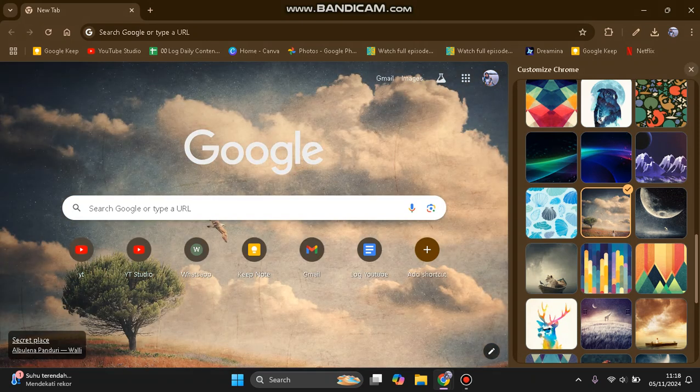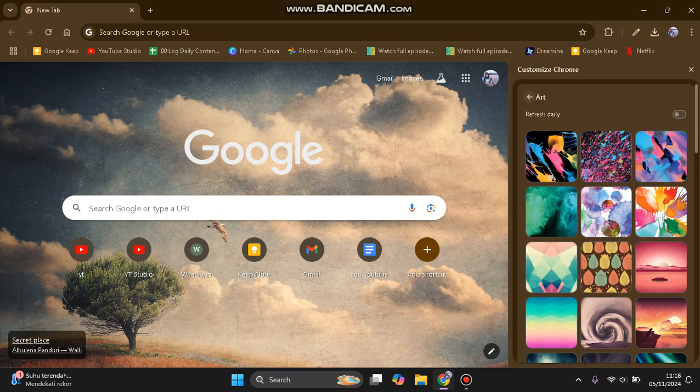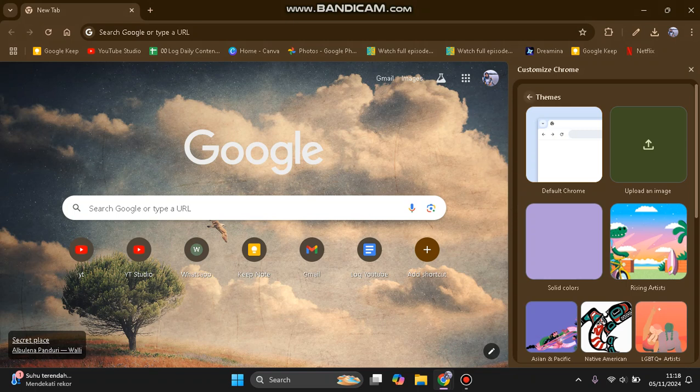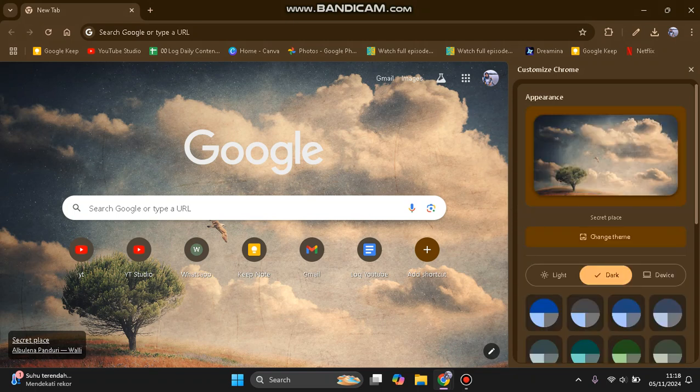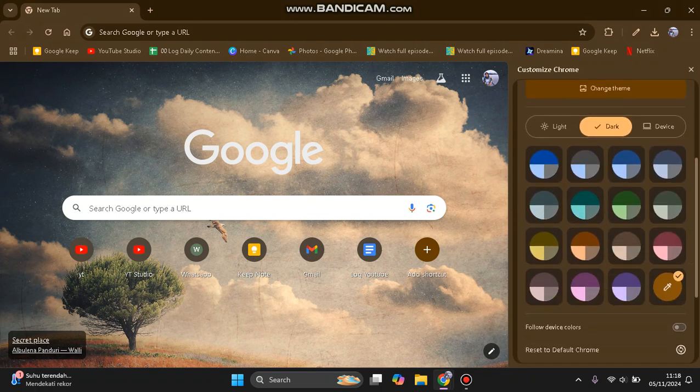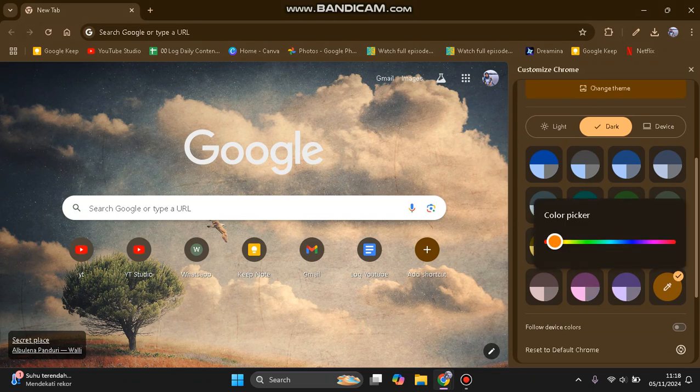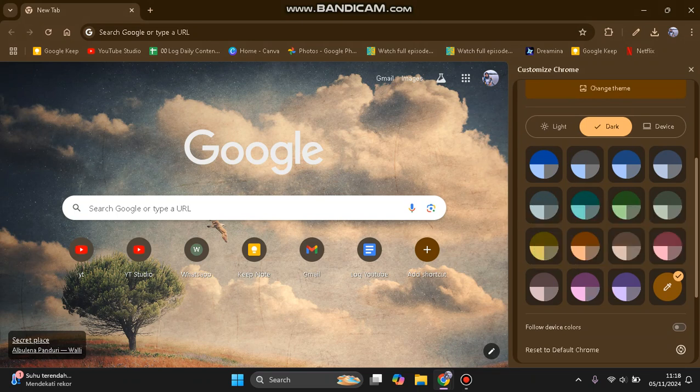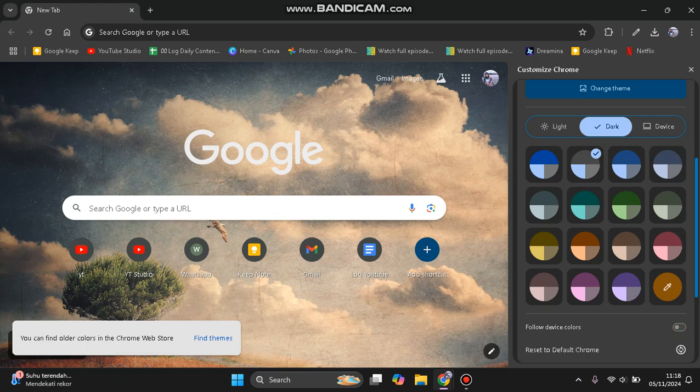Okay, you can close this, or you can go back if you want to customize the other. You can also change the color in here. For example, I'm going to change the color into blue,